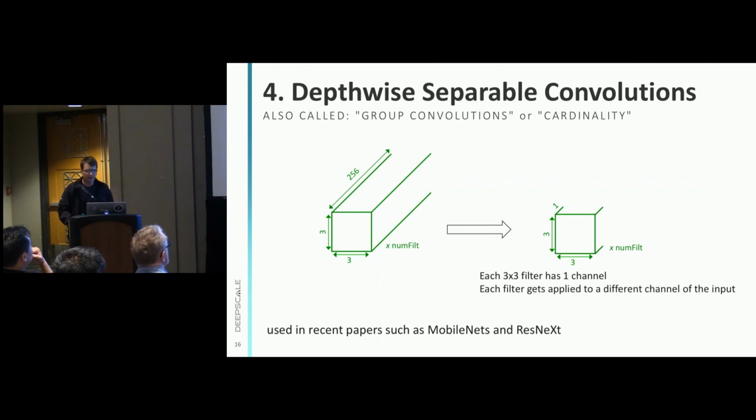And last one of these I want to go through before moving on is Depthwise separable convolutions. This idea has been sort of implemented in deep neural net frameworks for several years now, but has only started to be really used actively over the last couple of years. Some people call this Depthwise separable convolutions, some people call it group convolutions, some call it fully grouped convolutions, and some call it cardinality. Each of those terms means something slightly different, but the basic idea is why bother having every filter span all the channels when you could have each filter span fewer channels and save parameters? And the extreme case of this is having a unique filter for each channel